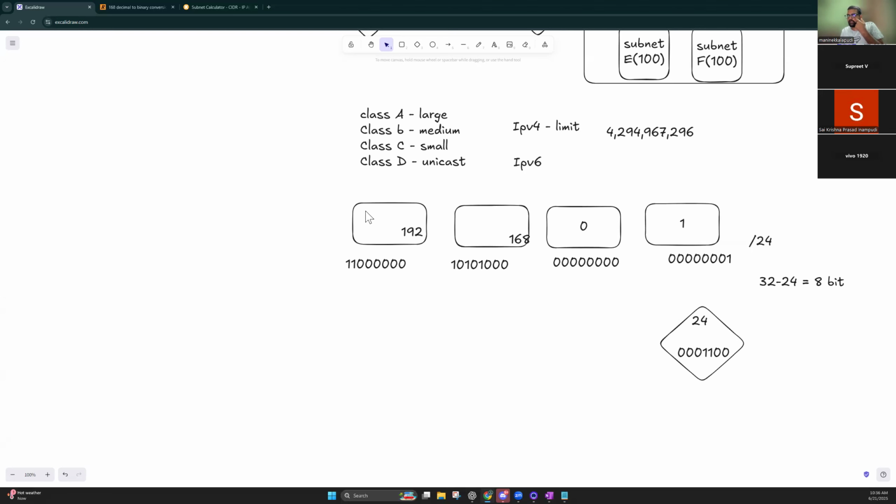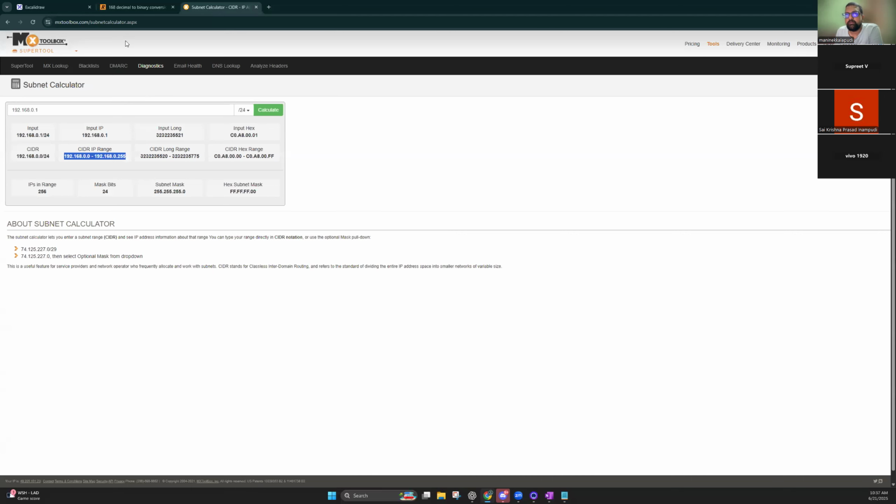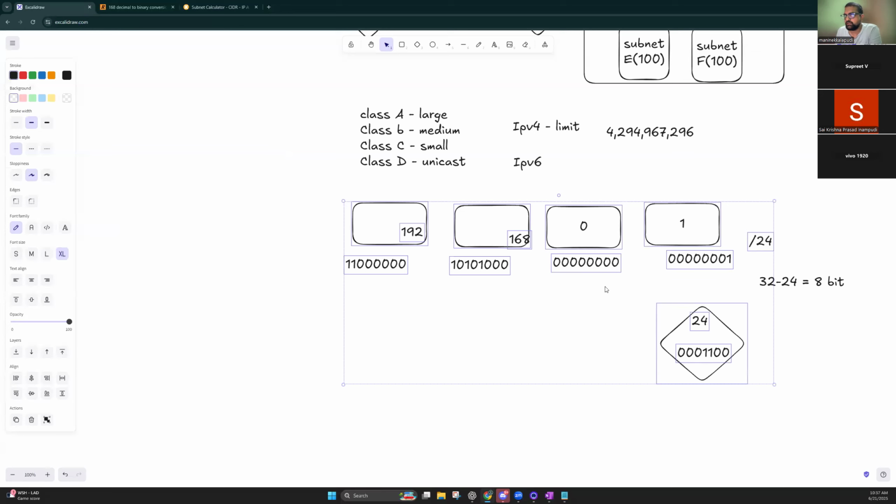Okay, guys, I'll come back to the subnet calculation. For me, I'm not getting the proper number for how to calculate this, but I'll come back to it. Instead, we can use a subnet calculator anytime if we want to check. And coming back,